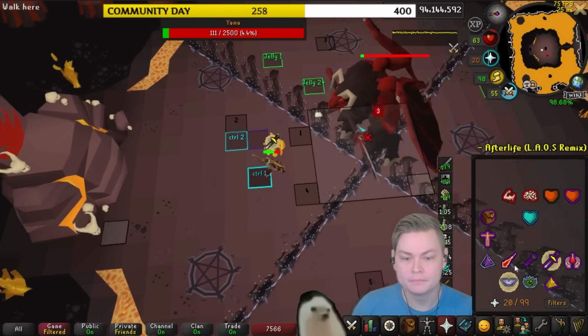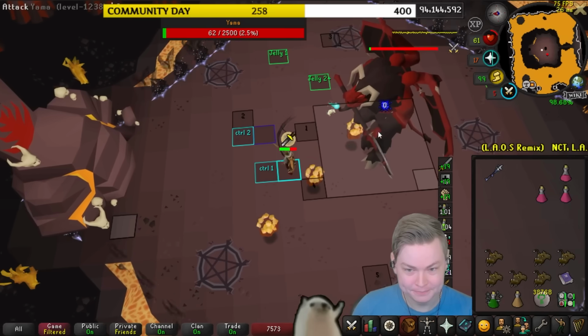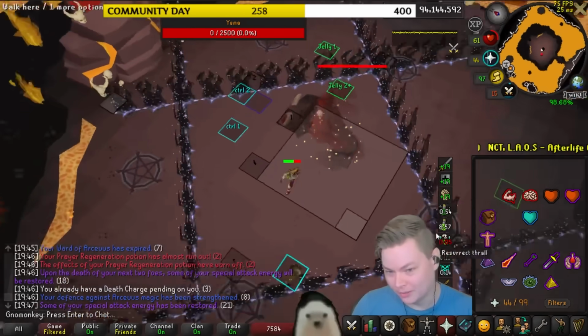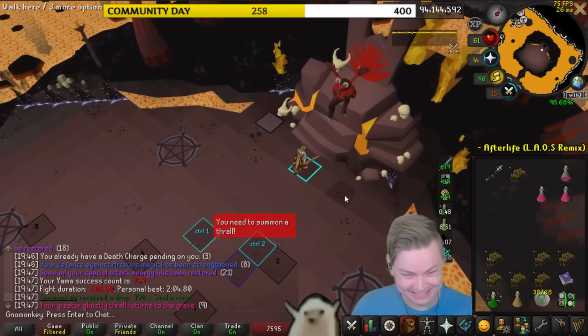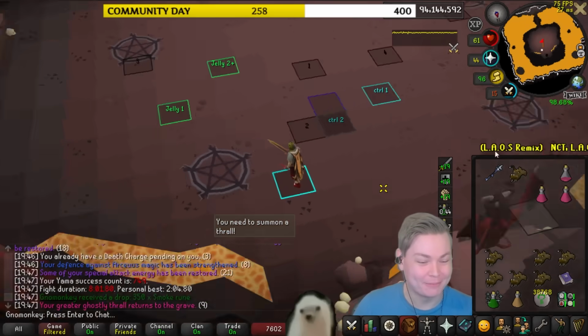Up. You land this spec in the last 100? That's messed up. Okay. Incredible trolling. What was the time? 5 minutes faster? Okay. That's decent. I'm good with that. I would say I lost like a minute to bad play, so...